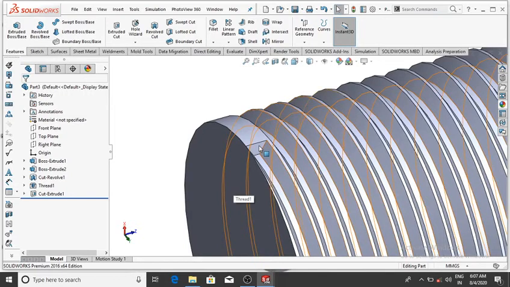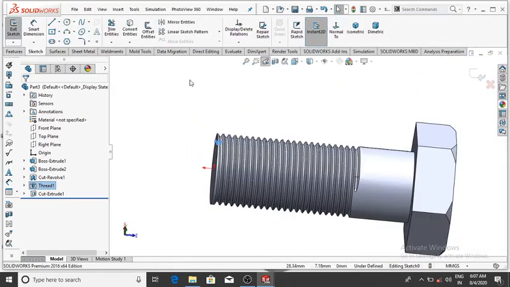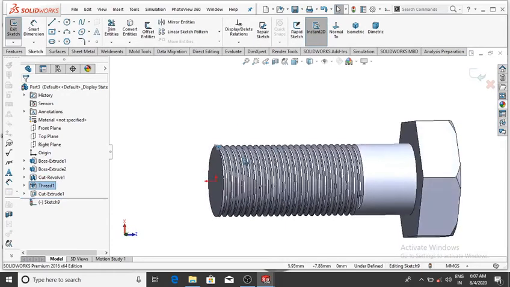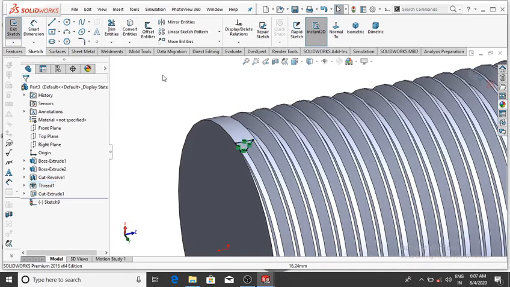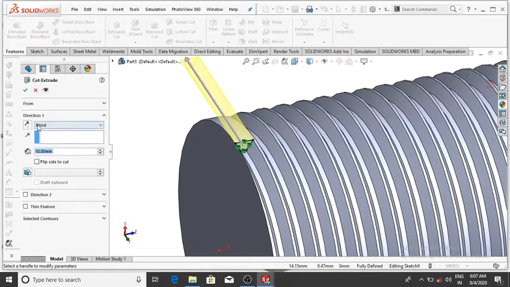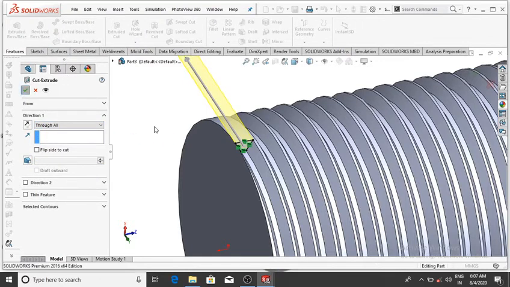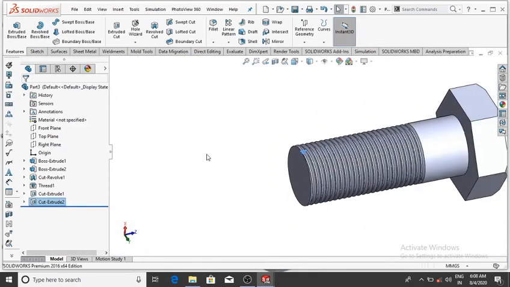So it will be selected later, but now select this and make the sketch and make it convert entity, and again go to the feature and select extrude cut and make it through all, then OK. It will be cut from this side, and OK.